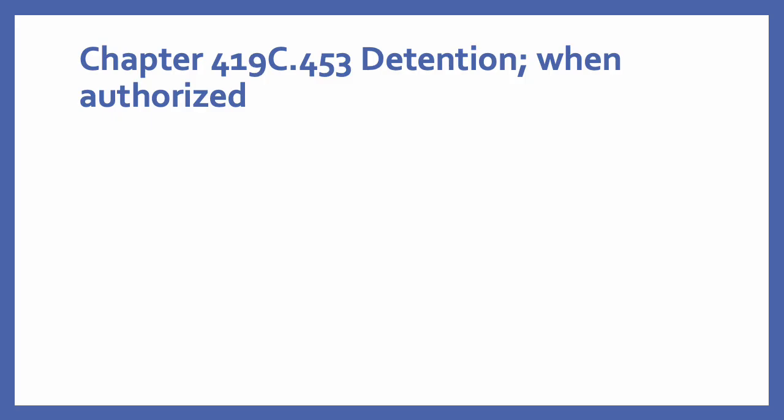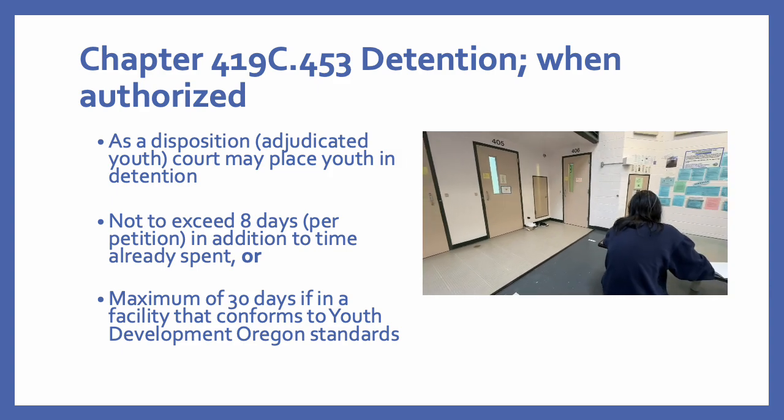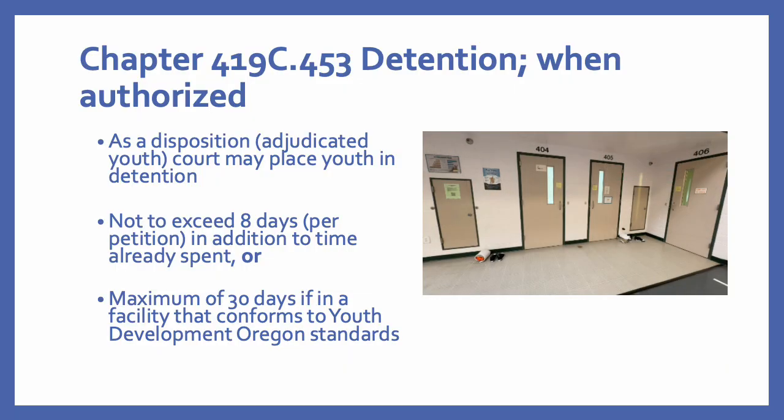419C.453 Detention when authorized. This section is talking about how detention can be used for adjudicated youth. Detention can be ordered as a disposition for an adjudicated youth. The court may place the youth in detention as part of that disposition. It is not to exceed 8 days per petition in addition to time already spent in detention on the petition. Thus, if a youth was in detention while their case was pending and then they were adjudicated, as part of that sentence, they were sentenced to 8 more days, they could serve that, in addition to the time they'd already